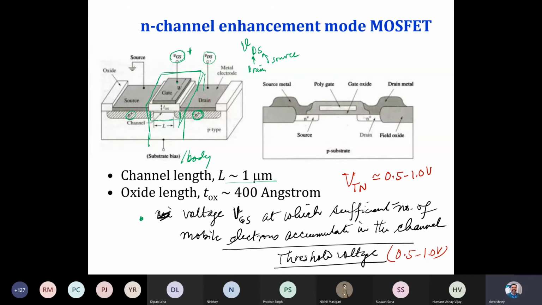Then if you apply a small signal at the drain to source, between here and here, the current will be constituted. So you see we are applying a certain voltage, and that's the reason we call it a voltage control device. By controlling the voltage at the gate terminal, we can control the conductance, and hence the output characteristics of this device.